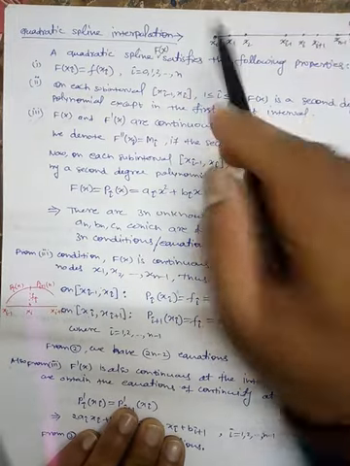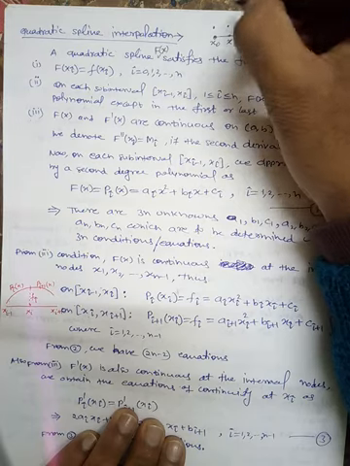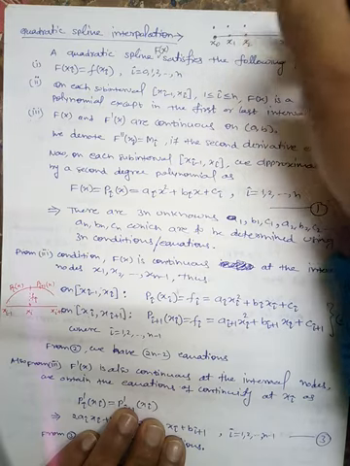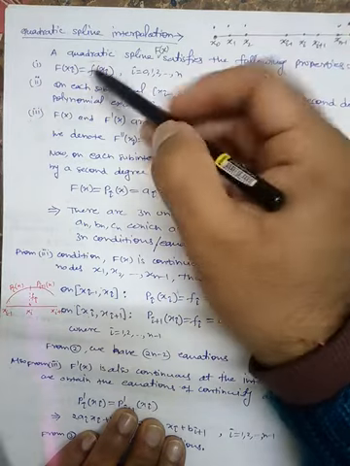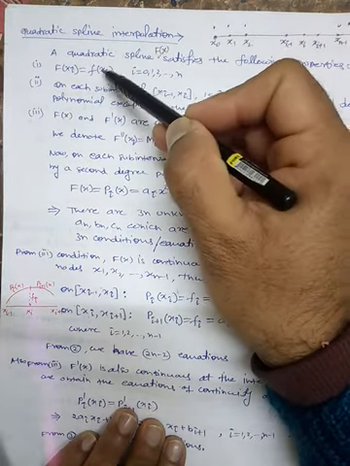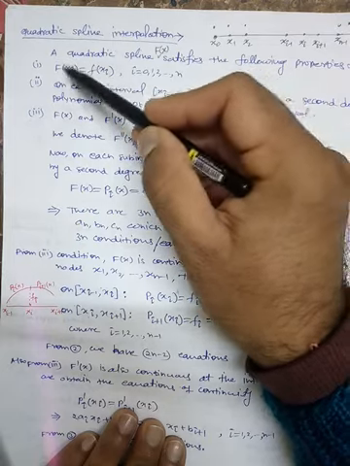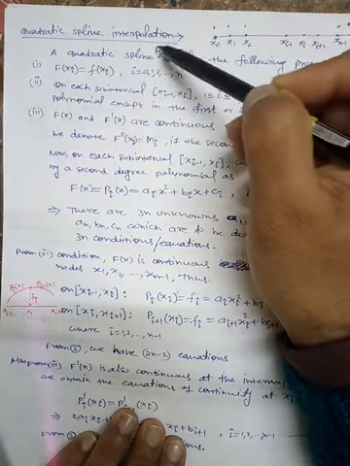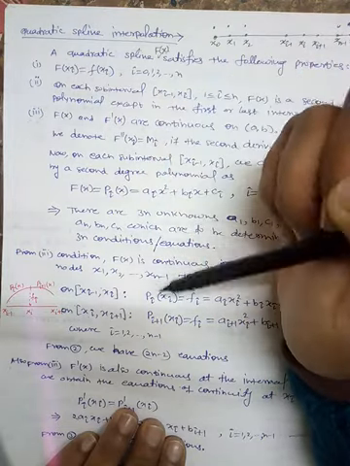So here the actual data is this. This is small f of x0, small f of x1, small f of x2, and so on. So these are the given data points. They should be the same as the value obtained by quadratic spline capital F of x. Okay, so this is nothing but the interpolating condition.